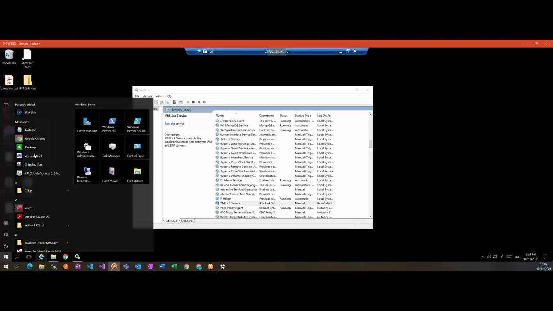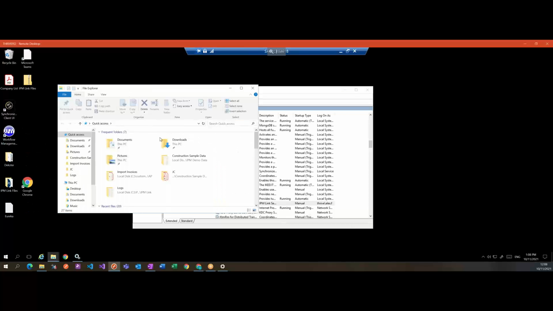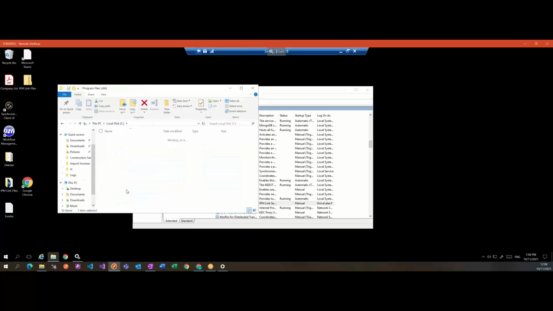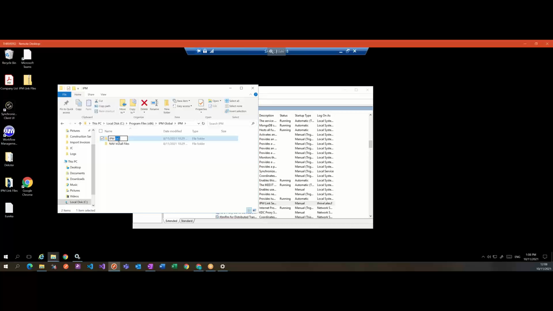So I just need to go and find it in my programs. It might be in the recently added here. If not, then let me just open a new file explorer. Then it's going to be on C drive, Program Files x86, IPM Global, IPM Link,